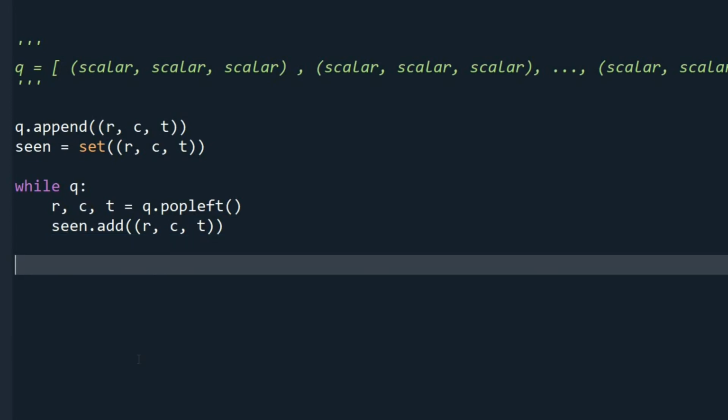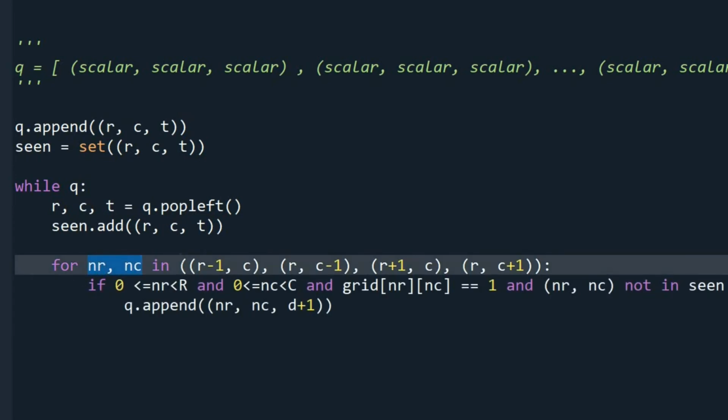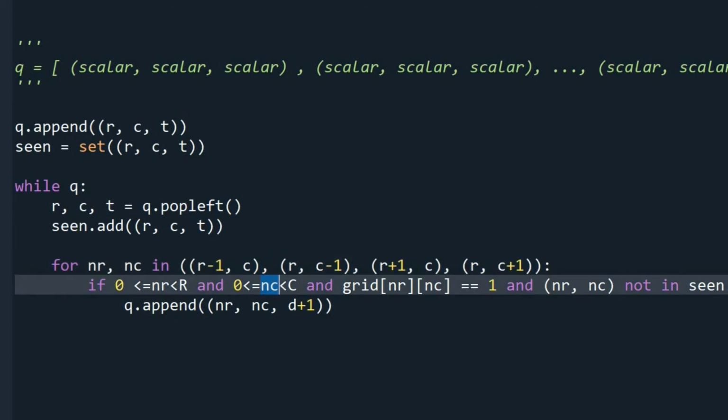The next thing that we do in BFS is usually to go and search around the r and c. For example, if we have a grid, we can use something similar to this. So we say for nr, nc in the 4 directions of r and c. And then we usually have a condition to make sure that our nr and nc are in the bounds of the grid. So for example, R is the number of rows and capital C is the number of columns, and we say if nr is in bounds and nc is in bounds, and then the condition that the problem states, though maybe the grid at that location should be 1,